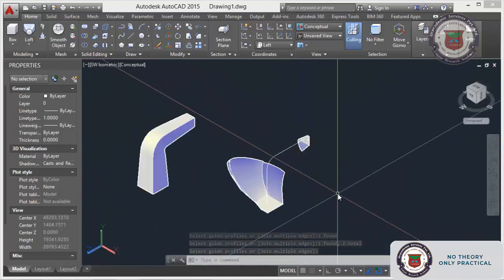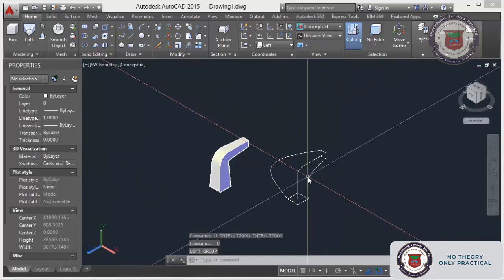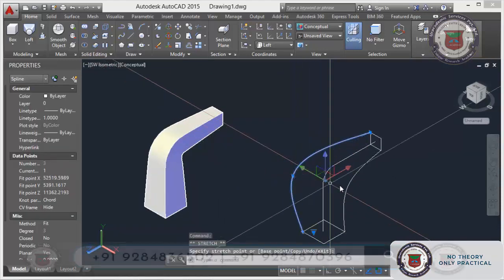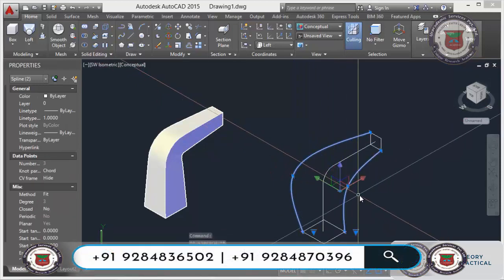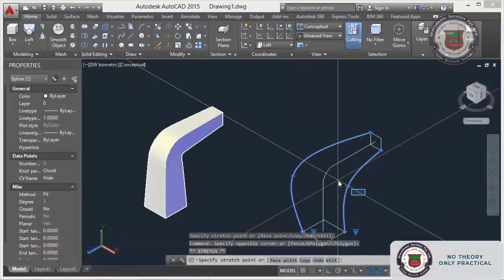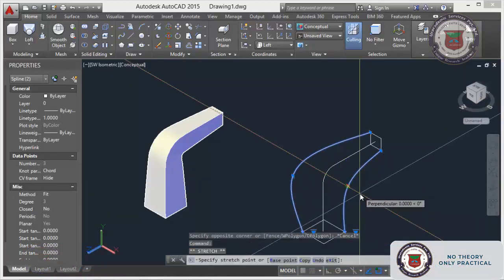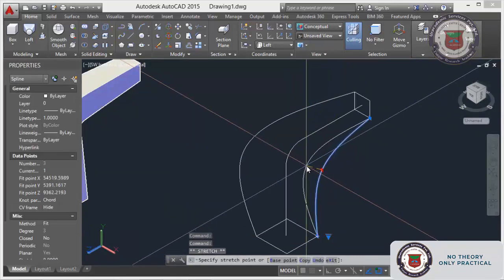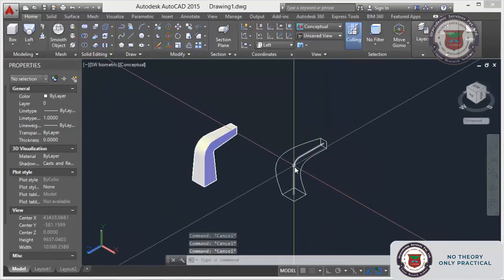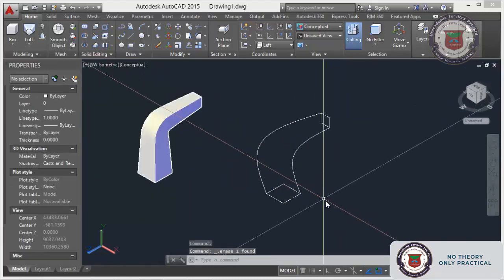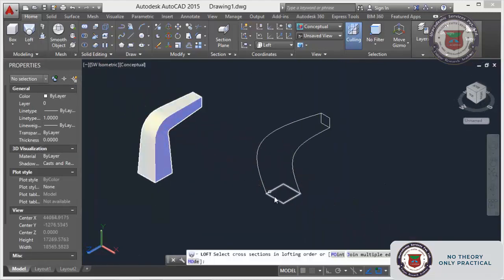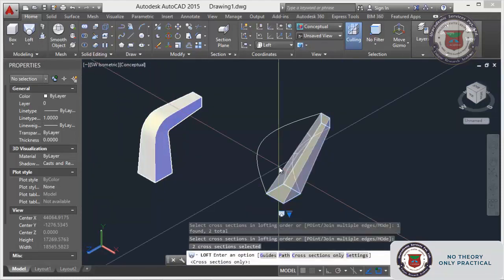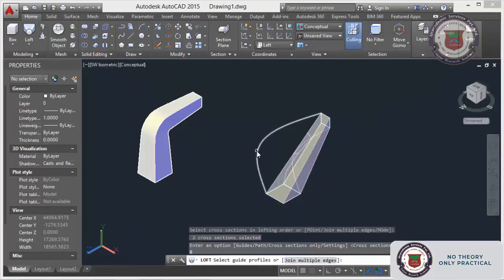Sorry, both are a little bit heavier, so I will make them a little smaller. Now I will select the path one so that you will get how it looks. Just select this, enter, and give guide G. Select guide.